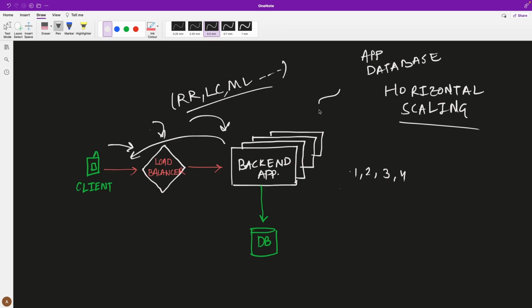If one instance of this backend application goes down, we can simply add more and more instances and easily scale our application horizontally. But if you see the problem, our database is still a single point of failure. Why? Because if there is a power cut or any hard failure in the database, and the database is not able to provide connections to your backend application, the backend will not be able to fetch any data, and the requests you were getting from the client need certain data.